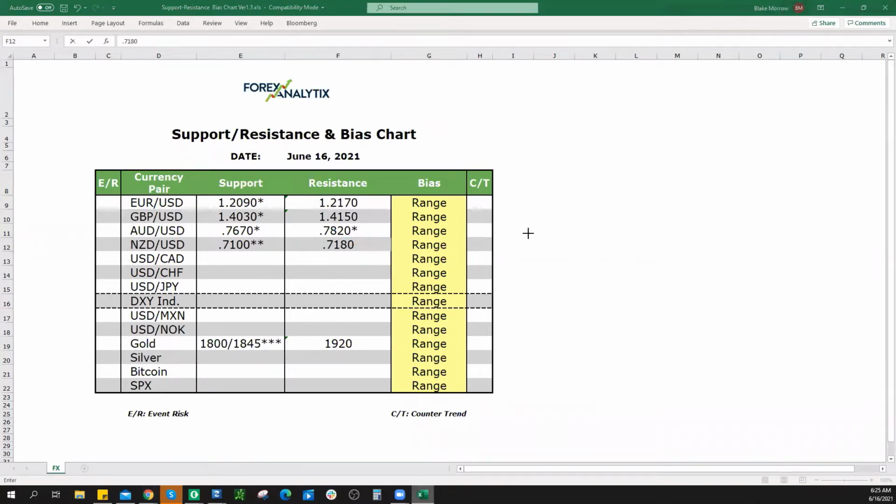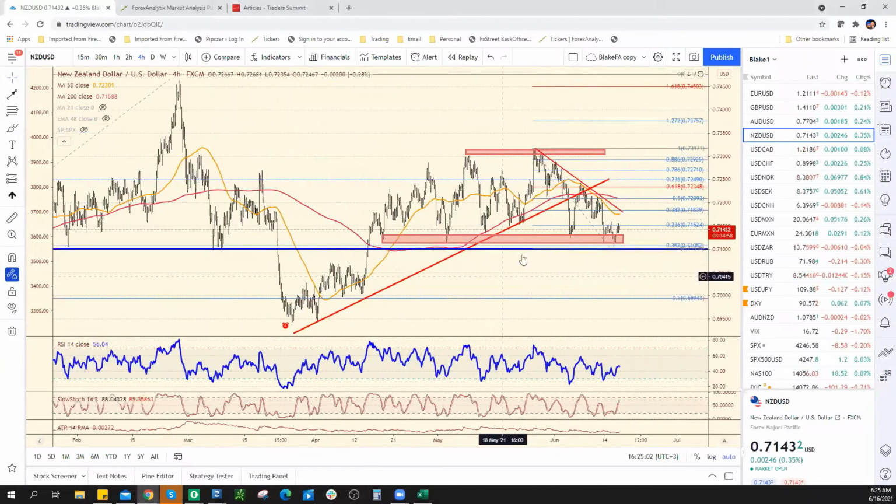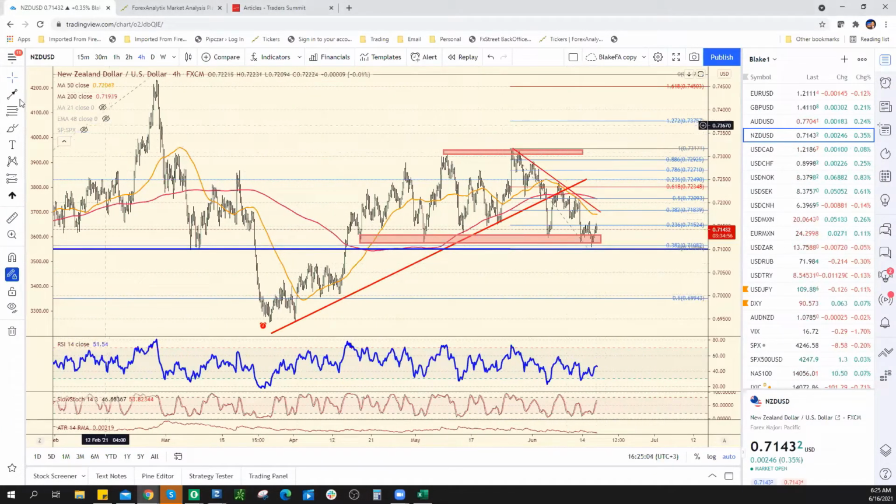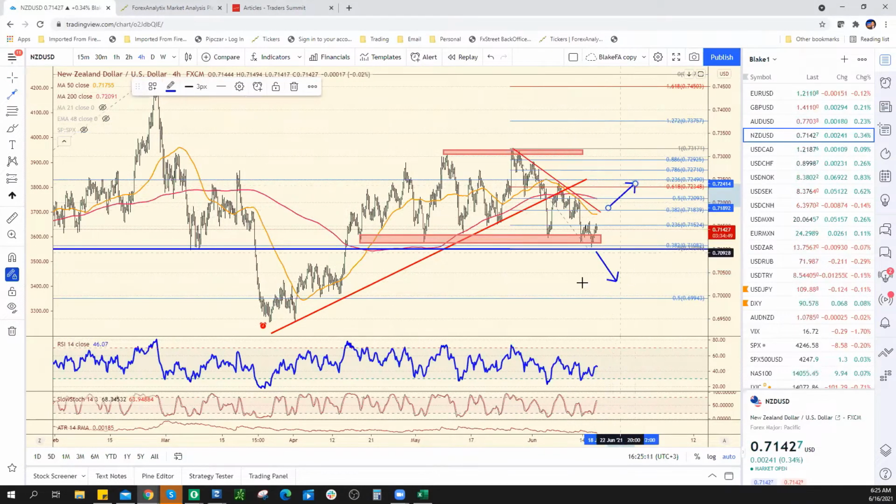And by the way, you guys, this is pretty important because if we break through 71 cents in the Kiwi, we should trade back down to 70 cents. Obviously above 71.80, then it becomes a little bit more interesting, back to the upside, back to the 73-cent level. So again, these are all, in my opinion, pretty good breakout points for the market as a whole.